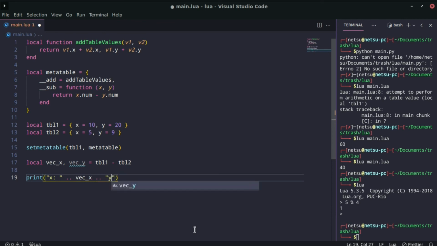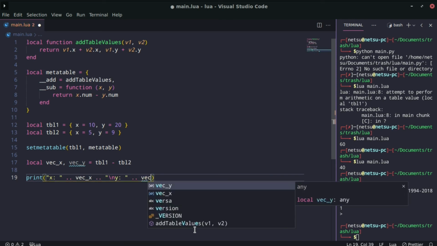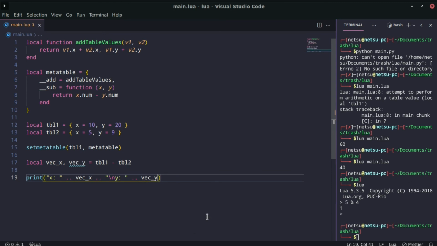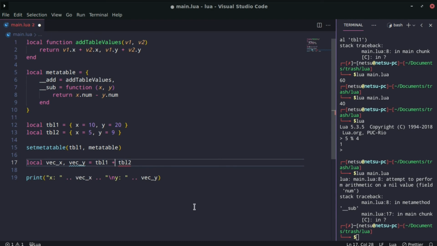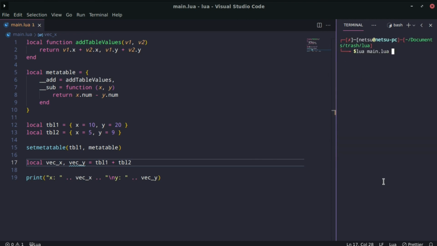And here we can say y on a new line, and we can just pass in vic y. Save that, and now here we can run our Lua file. And this should be add, not subtract. Otherwise we'll be getting an error because subtract doesn't do anything currently. Now if you try and run it,